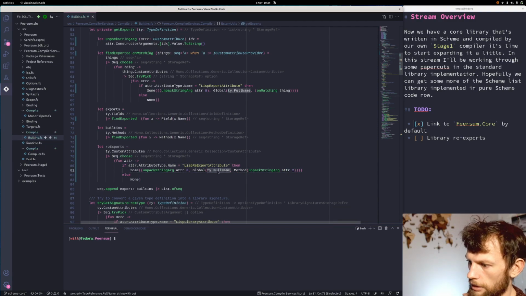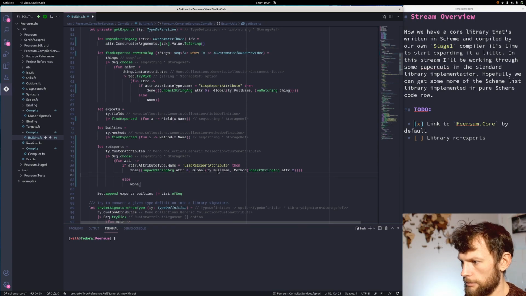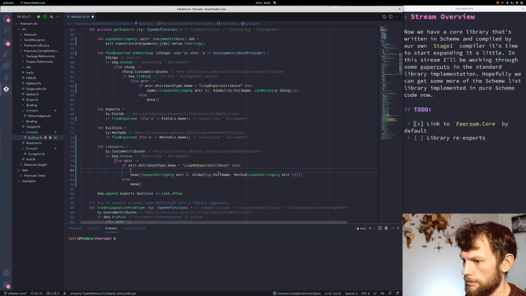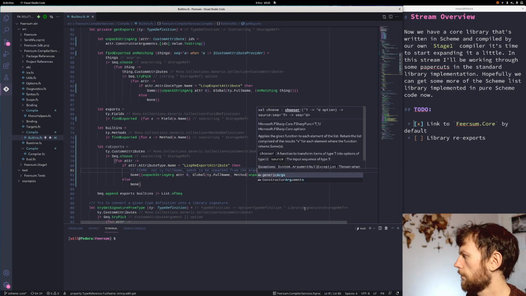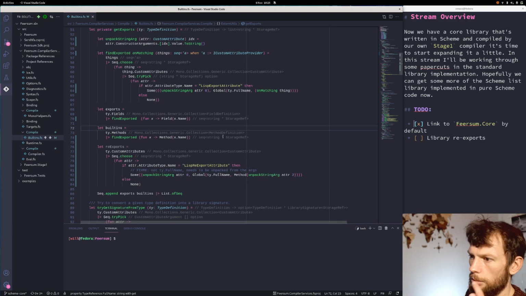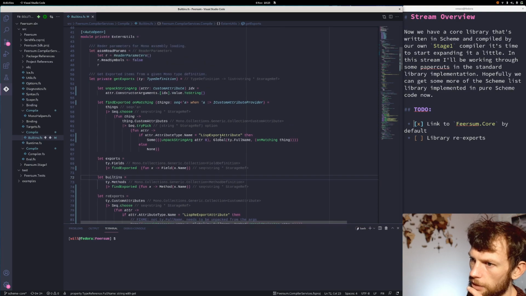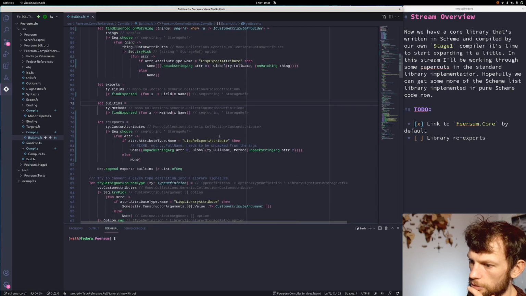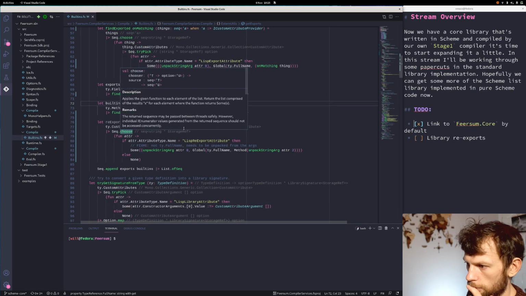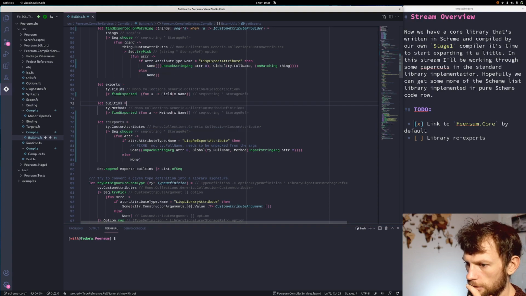So that full name needs fixing. But we need to find some of these. We need to have some of these attributes first. The question is,